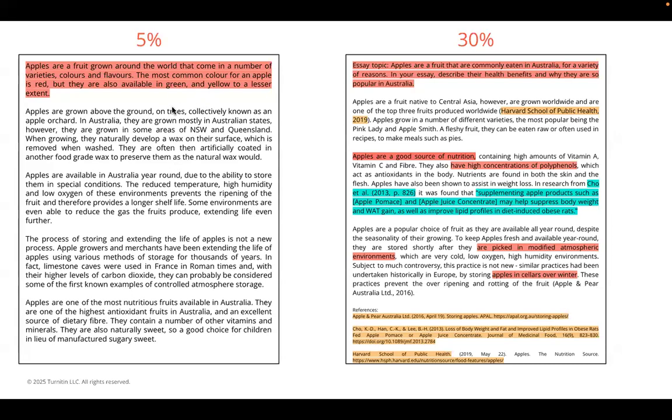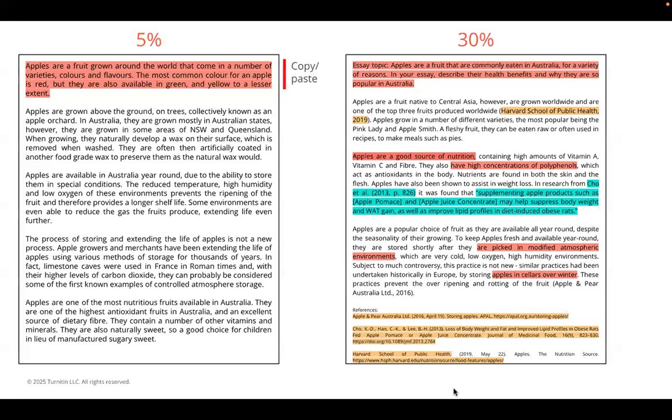In the first paper, similarity score is very less, which is 5%. But if you see the highlighted text over here, that is the complete text which has been copy pasted without any acknowledgement, any reference, quotation, citation, anything. So even if the similarity score is less, there is 100% plagiarism present over here.